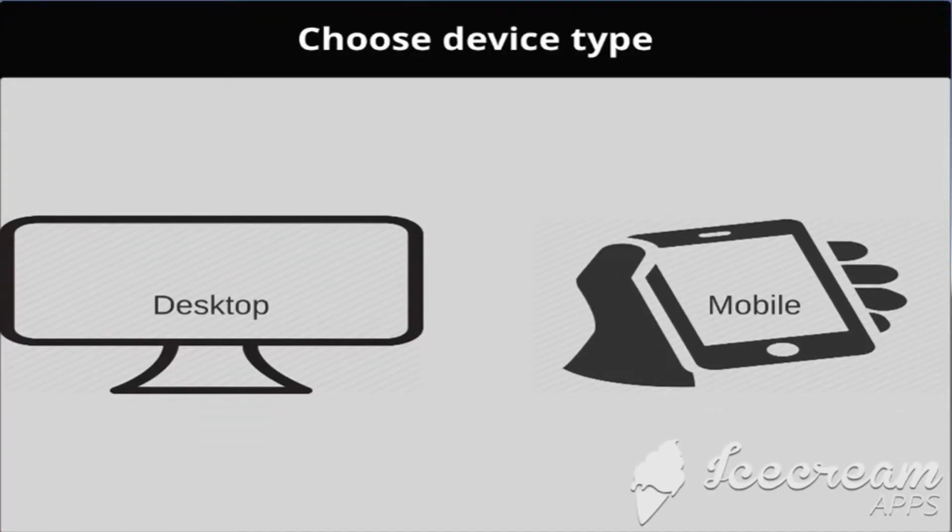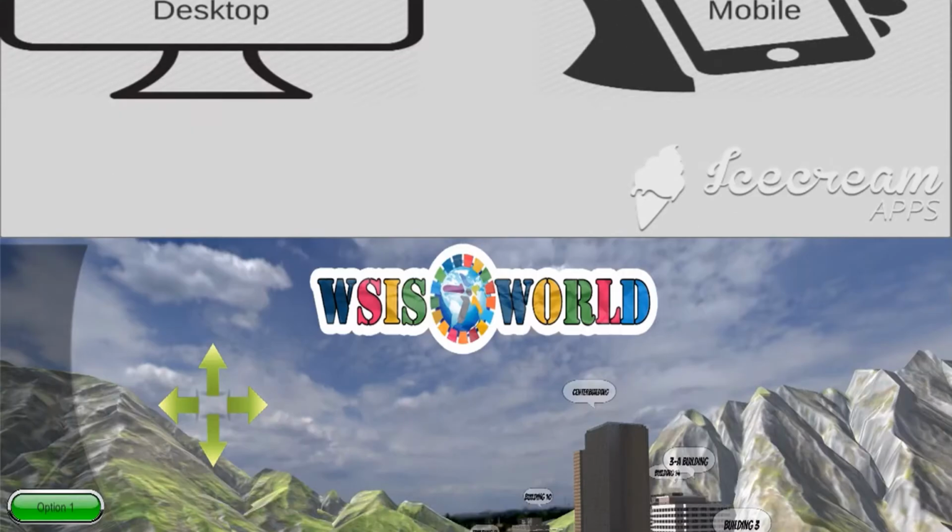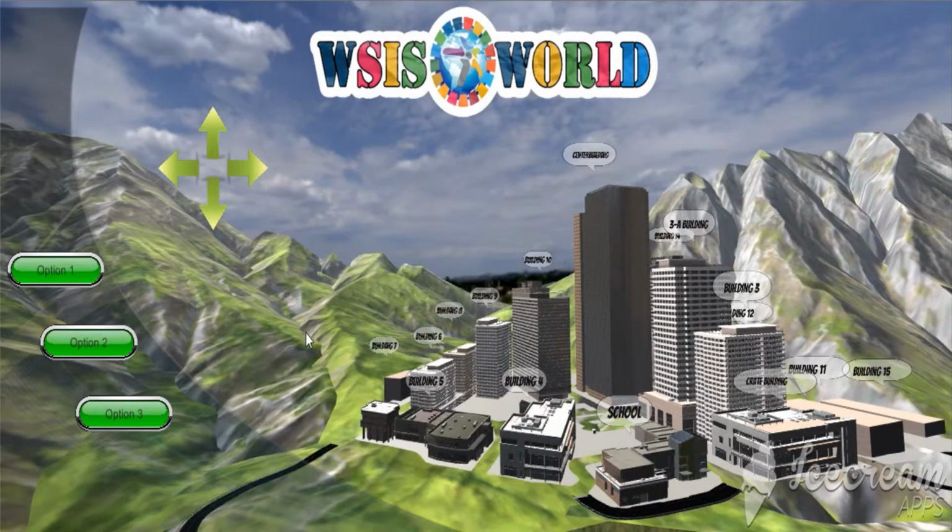When the game begins, you will be prompted with the option to choose between a desktop or a mobile device. Ideally, we would have liked for this to be an automatic process. However, there are some issues with Unity with regards to this. Keep in mind that this is a web game, therefore most of the effort will be put into designing for a desktop. Click on the desktop icon, you'll be sent to this screen. Here you have a few templates for the main menu, as well as the building labels and the arrows that can give you a 360 view of the city.